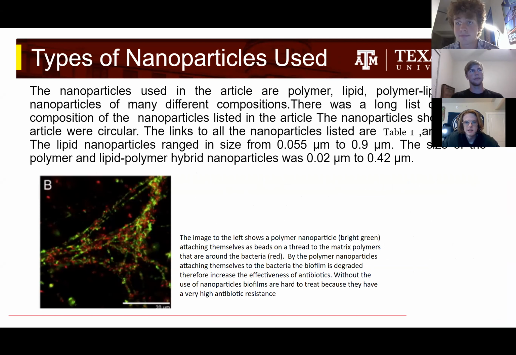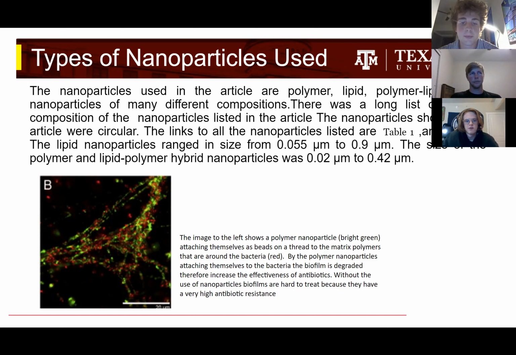So the types of nanoparticles used in our article were polymer, lipid, and polymer-lipid hybrid nanoparticles. Throughout the article, it mentions many different types, like different compositions. There's a couple tables, but there were too many to list on the slide. But the branch that they fall under is polymer, lipid, and polymer-lipid hybrids. All of the nanoparticles that they showed in the article from the pictures were all circular, and